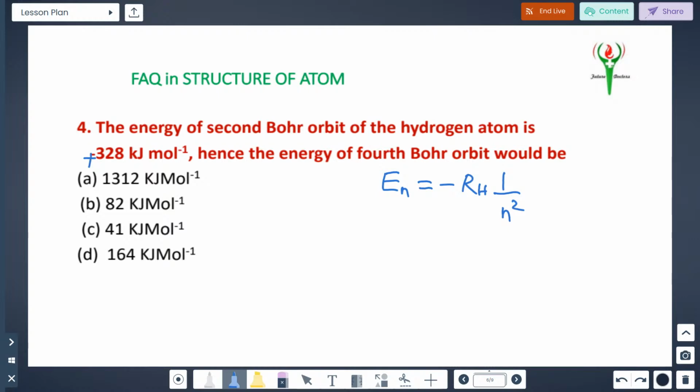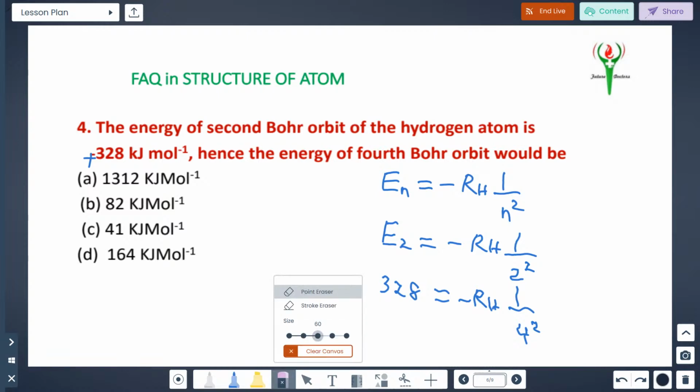Here it is given the energy of the second orbit, E2, equal to minus RH. For the second orbit, I put 2 square. The energy is given, so 328 is equal to minus RH into 1 by 4. Understood? Are you following? 2 square means 4. Likewise,